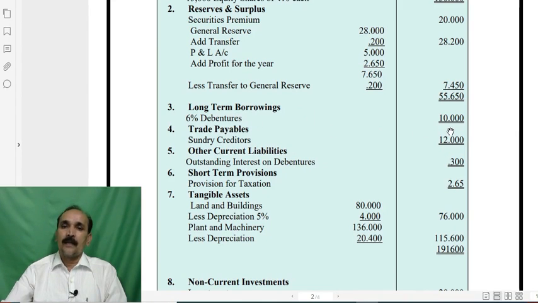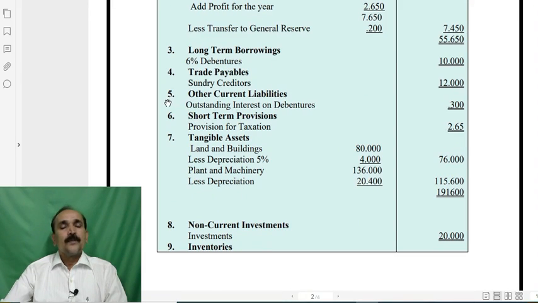Note 3, long-term borrowings, 6% debentures. This balance is given in the trial balance. Note 4, trade payables, sundry creditors 12,000. This balance is also given in the trial balance. Note 5, other current liabilities, outstanding interest on debentures. The calculation is 10,000 multiplied by 6 divided by 100, multiplied by 6 divided by 12 for 6 months, which is 300 rupees. Note 6, short-term provisions, provision for taxation, 50% of profit before tax. After the deduction of 50% tax, profit after tax